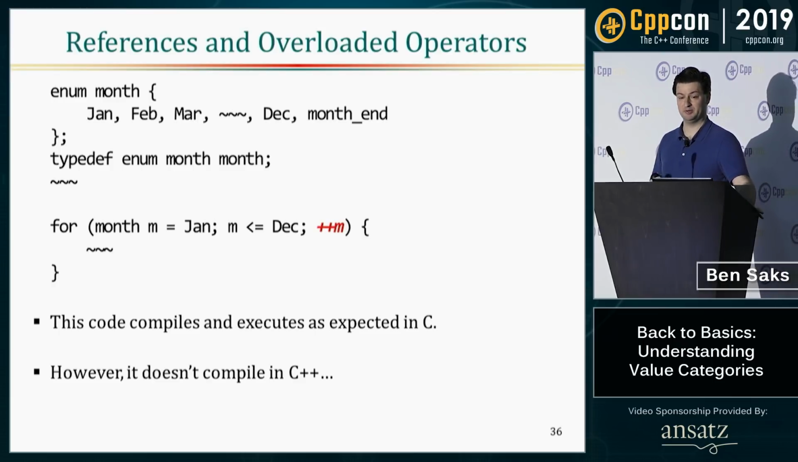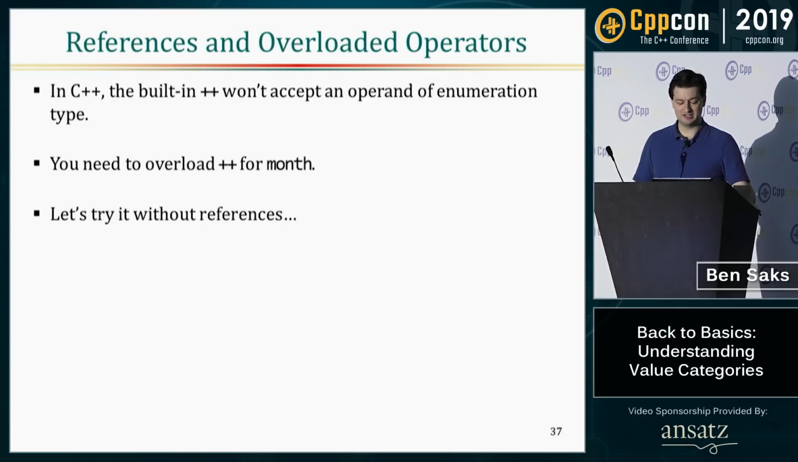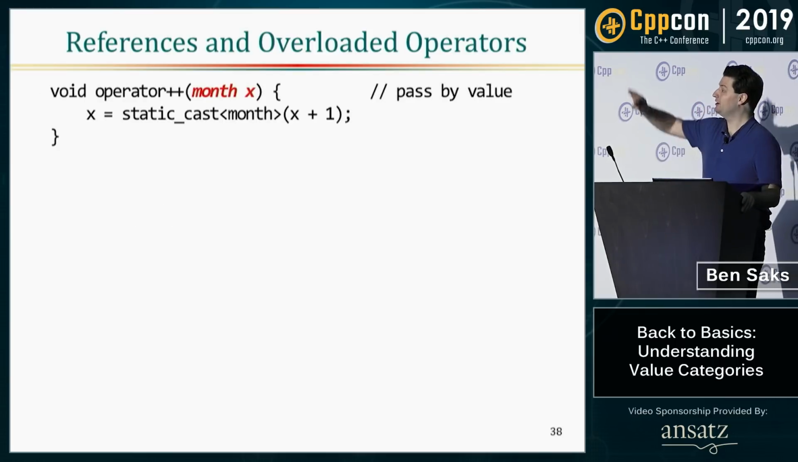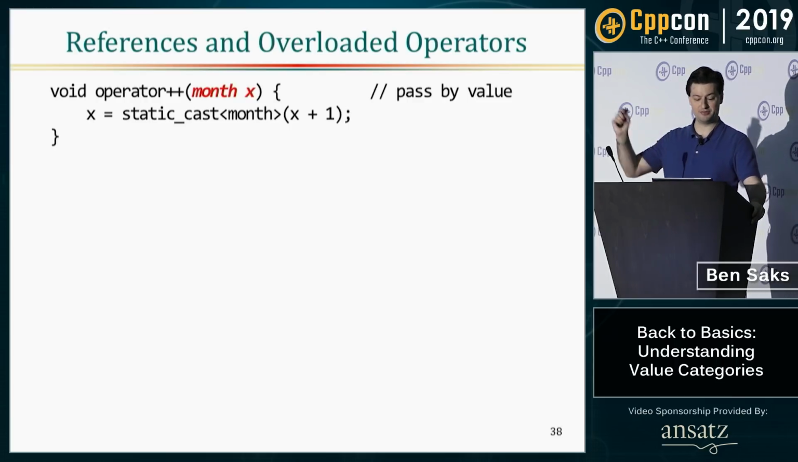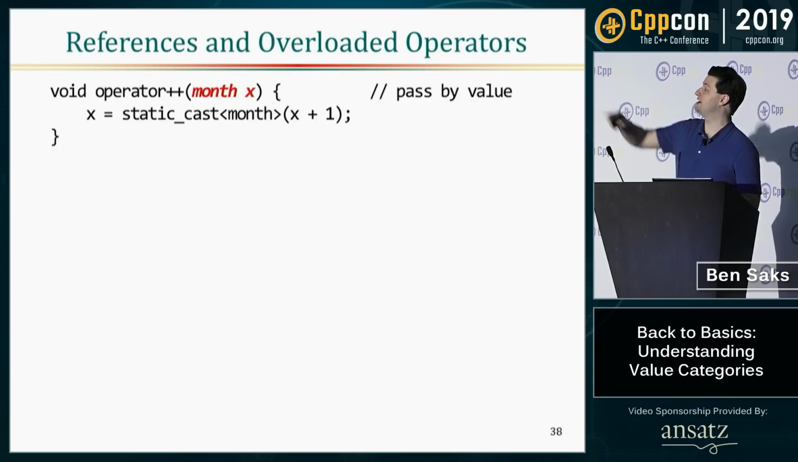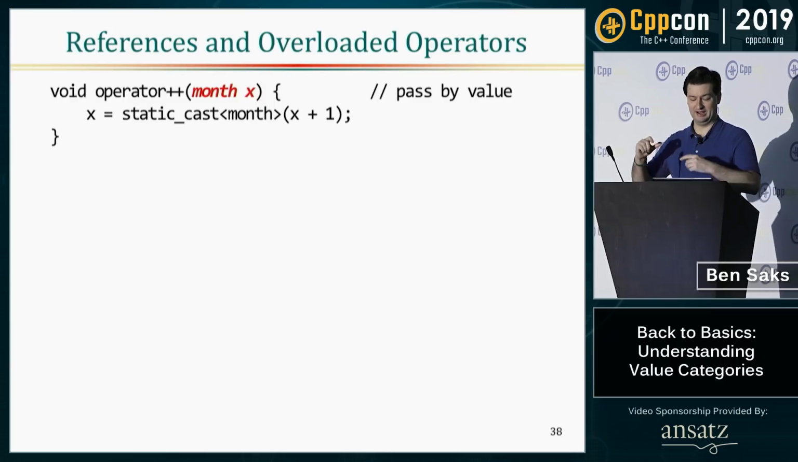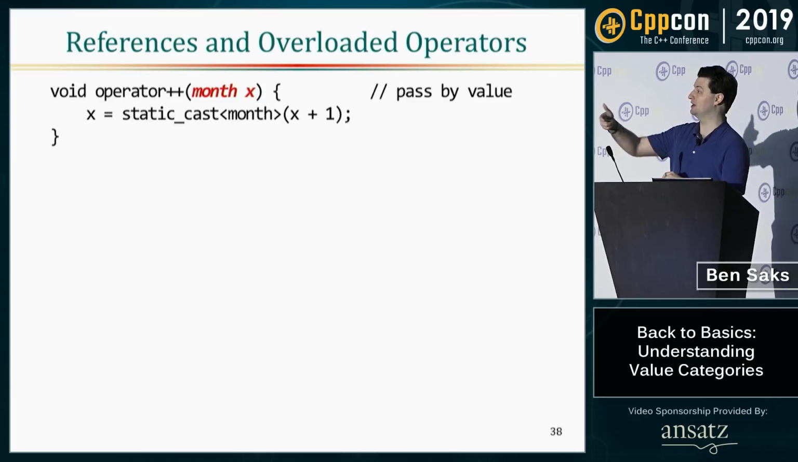It doesn't work in C++ because enumerations are treated more like distinct types in C++. So if I want to make this work, I would need to overload the ++ operator for month. So let's try and do that without references, and I hope you'll see why references are so important. So here, we're writing the ++ operator as pass by value. We just pass in the value of a month. We go ahead and add 1 to that month value. We have to use a static cast to turn it into an integer. It will convert to an integer automatically, but then we need to convert it back into month